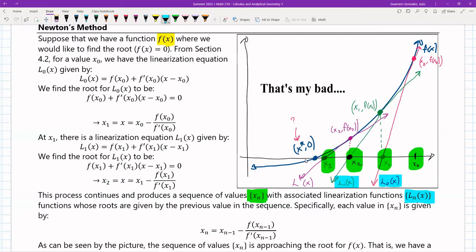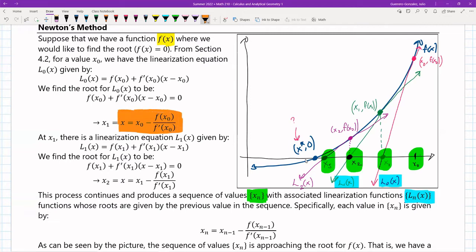Oops, L2. Let me get my notation down right. Okay, so on and so forth. And these roots are based off of the values from the previous values in the sequence. So if you take a look at the equations themselves for the roots,